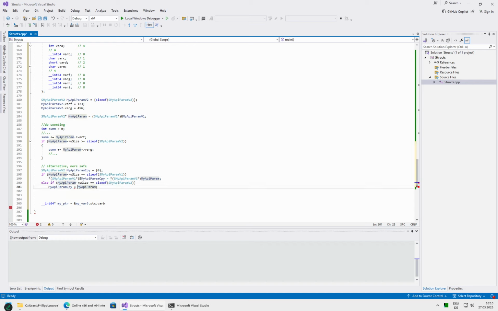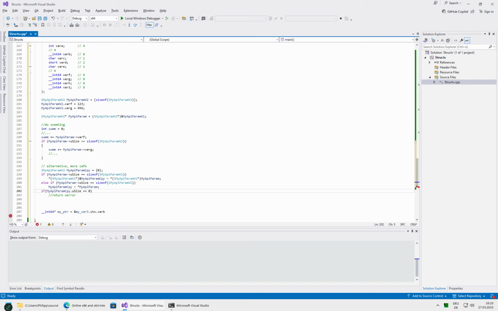But cast operation wise, except one dereferentiation here. But of course if you would have now a version 3 and a version 4, then you would have more branches here in the if and more castings. And then for example you could check if this size is 0, then